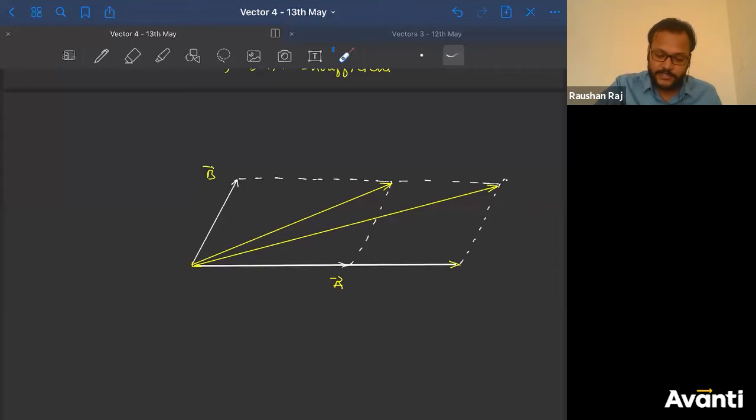Can I say the vector which has the higher magnitude, the angle made by the resultant with that vector will be smaller? Or as Kirtan suggested, since A is greater than B, the resultant will be shifted more towards A. So whichever has the bigger magnitude, if A has the higher magnitude, the resultant will be shifted towards A, and the angle will be smaller. What is the condition here?